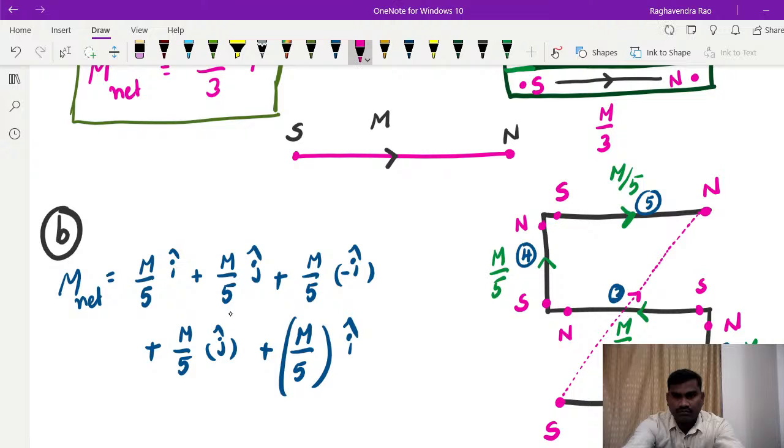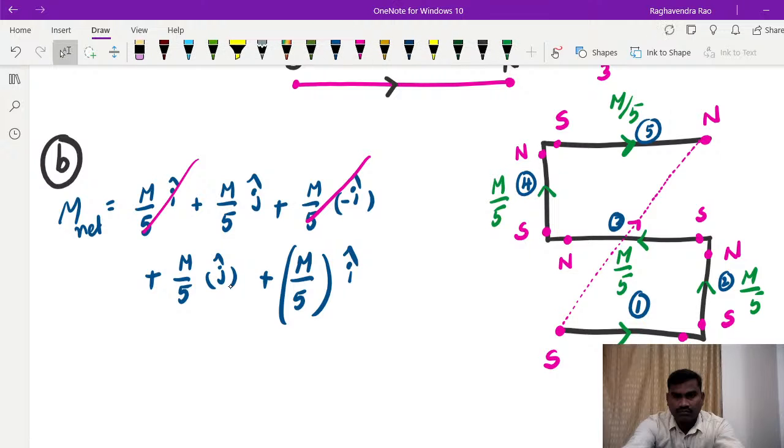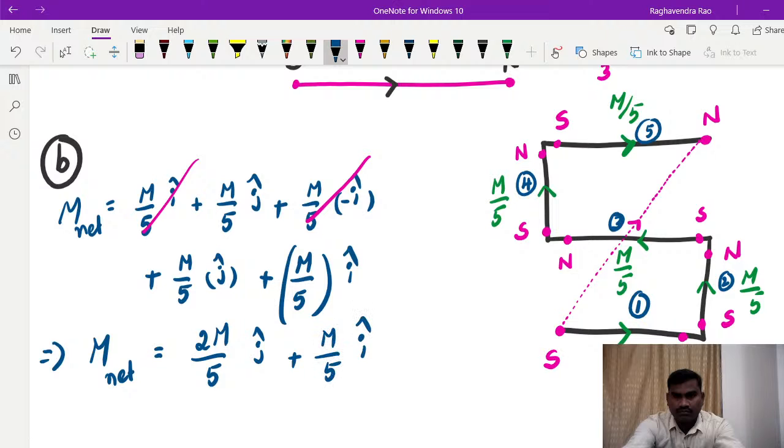Now we see M by 5 i cap, M by 5 j cap, M by 5 minus i cap. So plus i cap, minus i cap gets cancelled. So this is M by 5 j cap, this is also M by 5 j cap. Now we can write that M net is equal to 2M by 5 j cap plus M by 5 i cap. So this is the resultant magnetic moment